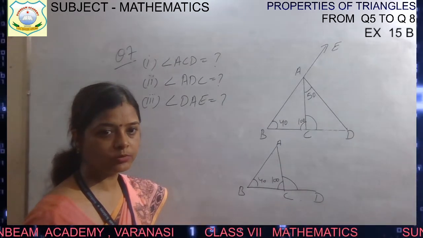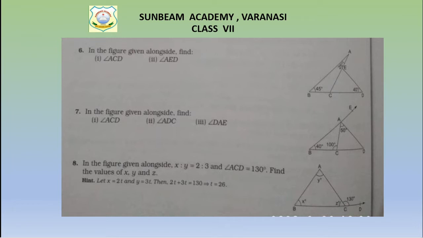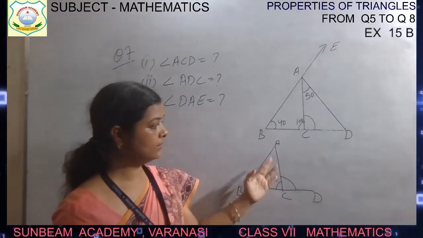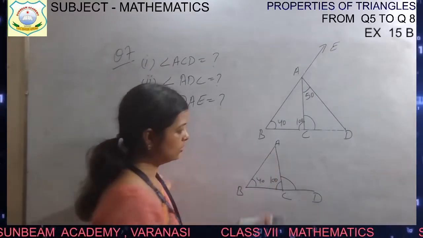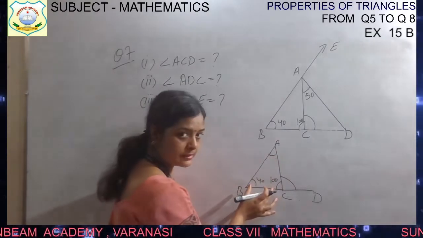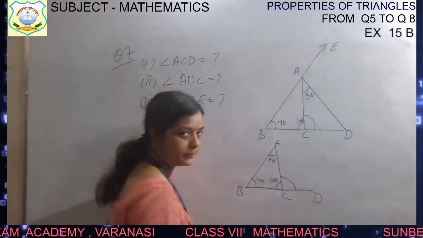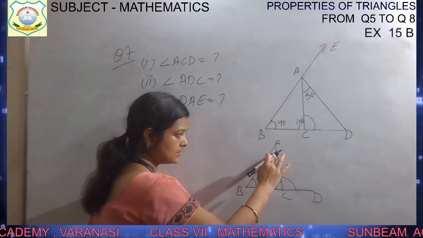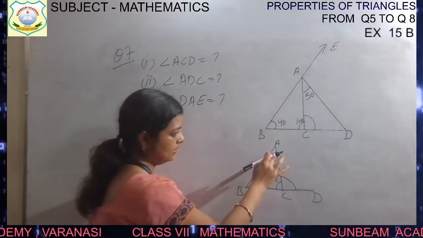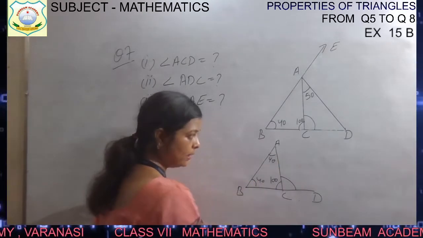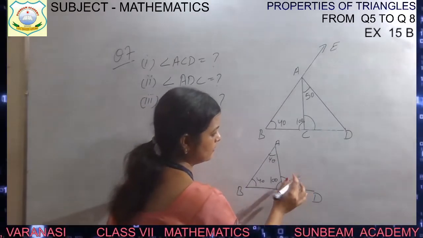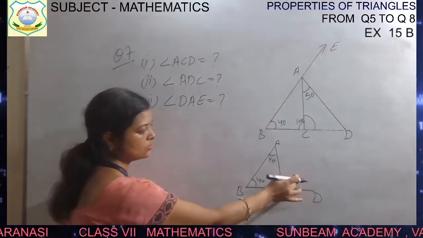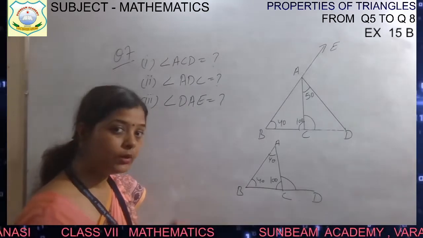Let's see the question. Now from the question you can see it clearly that it is 40 degree and 100 degree. So 40 degree, 100 degree, we can find this angle A also. This will be how much? By using angle sum property, this angle will be 40 degree. Okay, and now the sum of interior opposite angle, this angle A and angle B will be equal to the exterior angle. Okay, so sum of 40 plus 40. So this ACD will be equal to 80 degree.